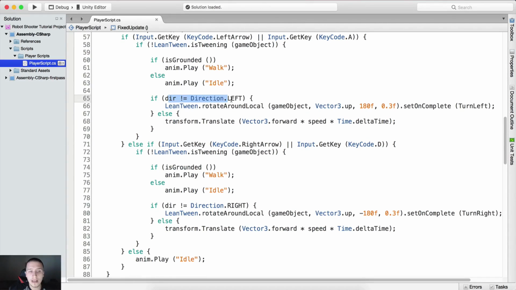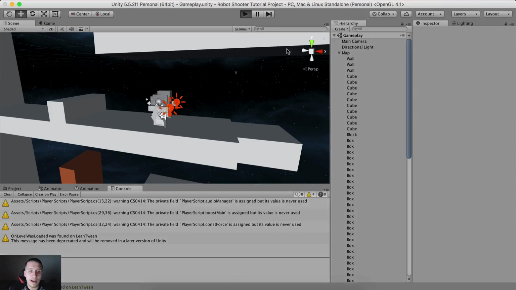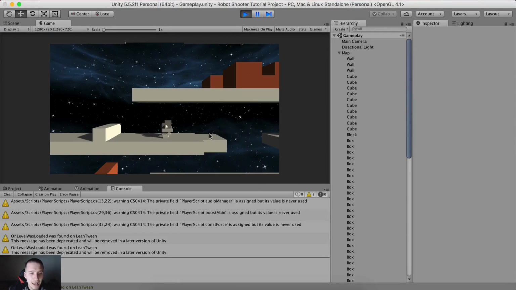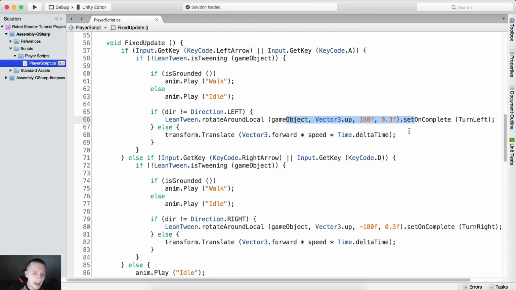If the direction is not equal to the left, because currently we are moving to the left direction. If the direction variable is not equal to left, rotate the game object. And we saw the rotation. Notice now, if I hit the play button, if I hit the A key, notice he is rotating because the direction was not equal to left. He simply rotated